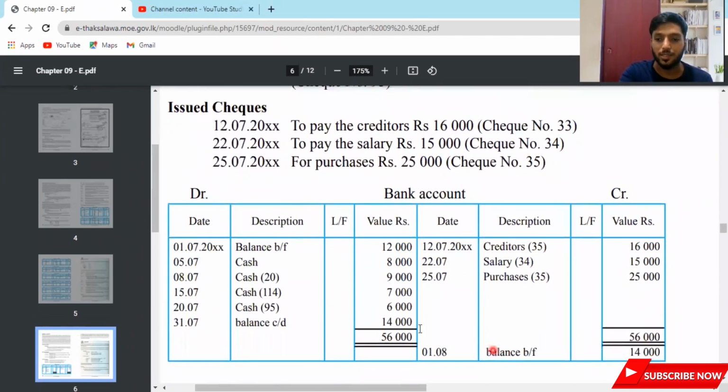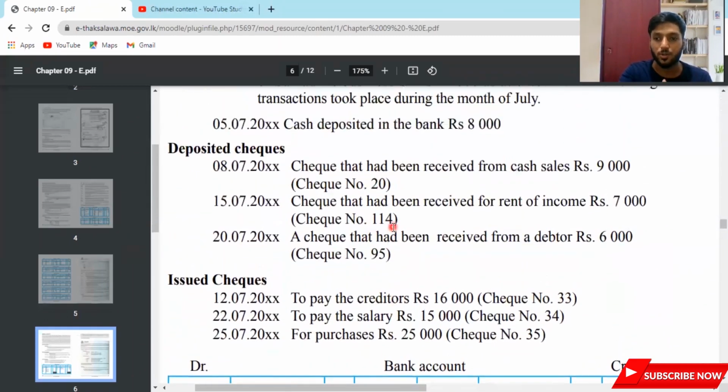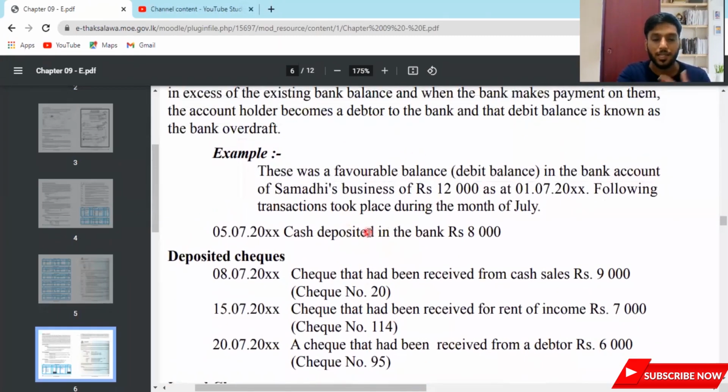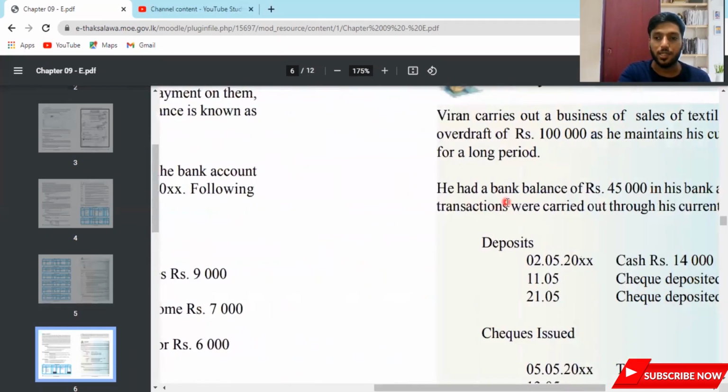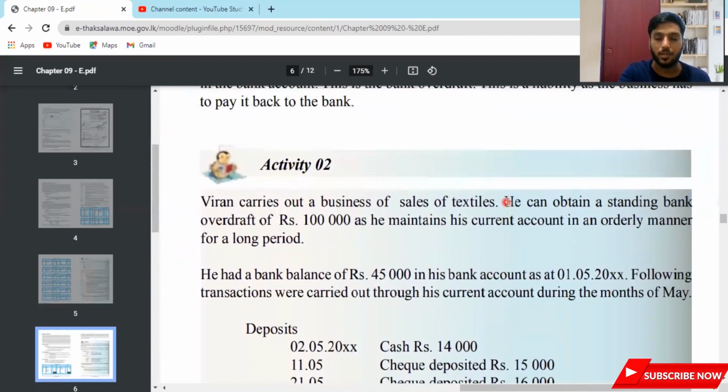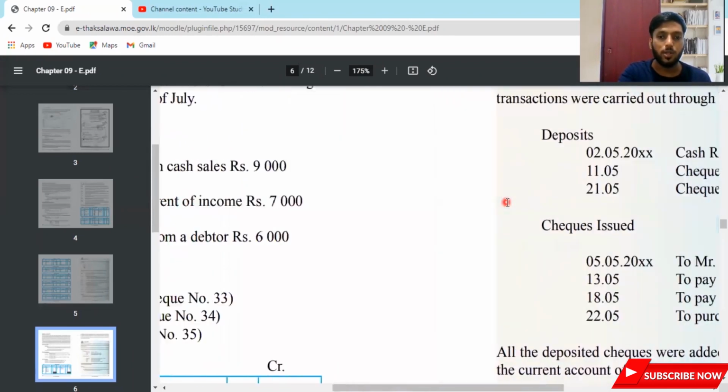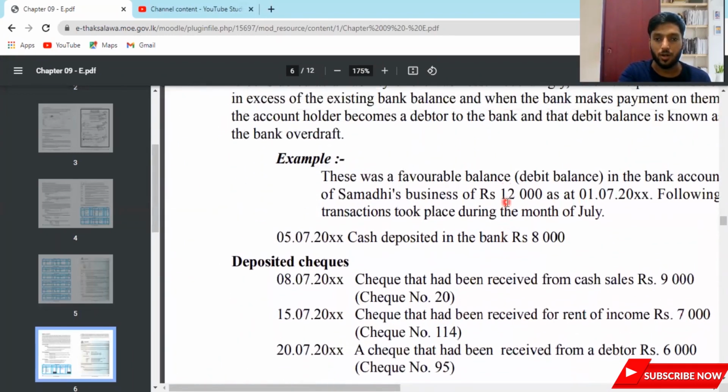You might see there's a but I'll explain how this works actually. Then you will have a good idea. I'm not going to do this example in the Excel sheet, but I'm going to attempt another example, which is activity 2 in a while. Anyway, let's have a look at this example.